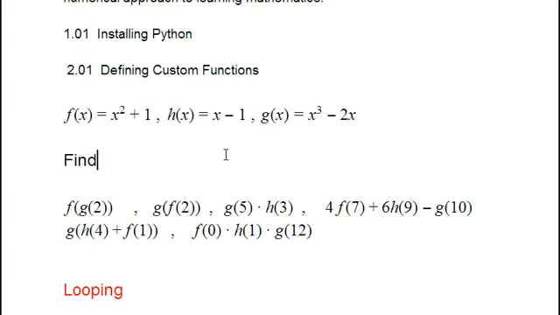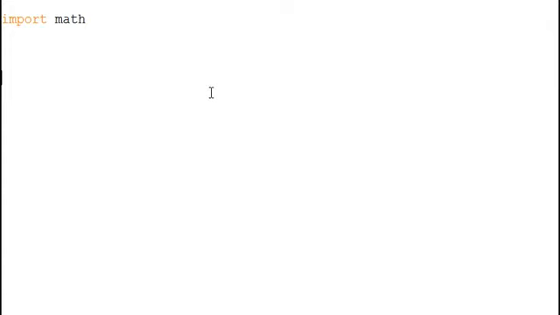We just need to find the following. So we want to find f of g of 2, g of f of 2, and so forth, as you can see. And we're going to do this by writing a Python custom function to do just this. So let's look at this one first, f of g of 2. What I'm going to do here is go ahead and define all these three functions separately. And of course we're going to do that by going def f